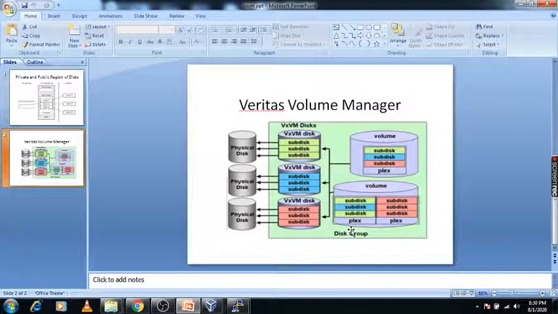A partition inside the Veritas disk is known as a subdisk, and the minimum size of a subdisk is 1 MB, with a maximum of the disk space. We can have a maximum of 4092 subdisks inside the disk, and the default behavior between two subdisks is concatenation, which is the layout.